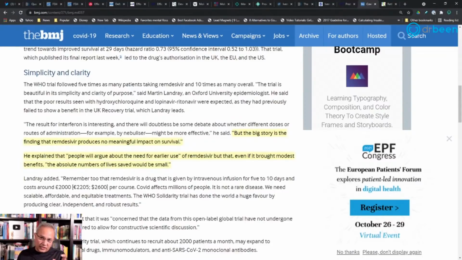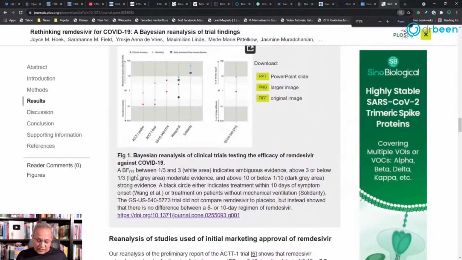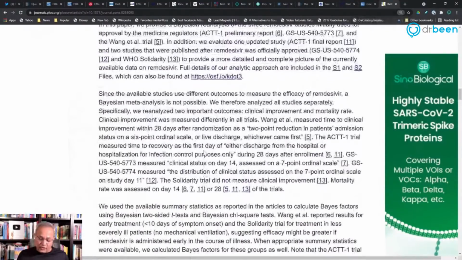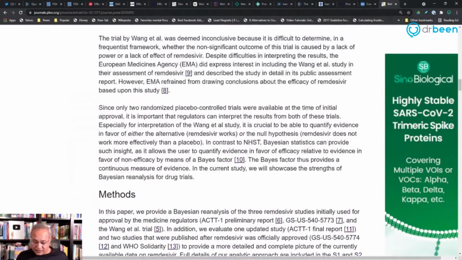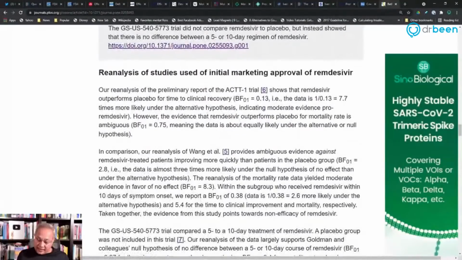I don't know why they are seen differently. And here is another link to a meta-analysis for Remdesivir, where folks have said that, hey, it doesn't really work. And we would see that this continues to be on the approved list. With this, let's start our